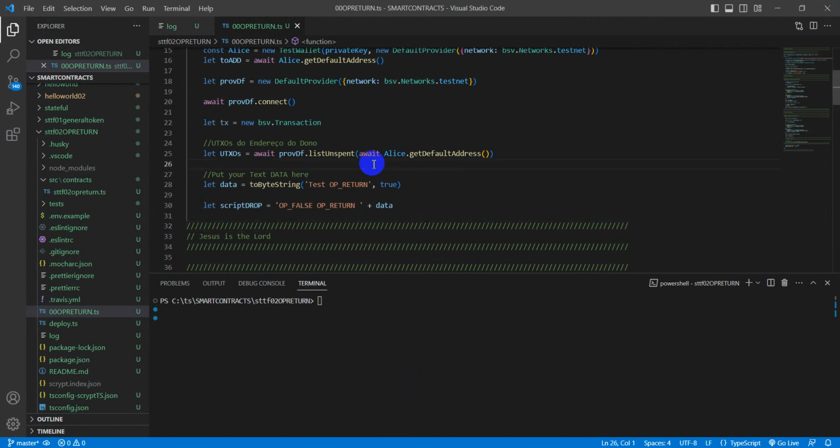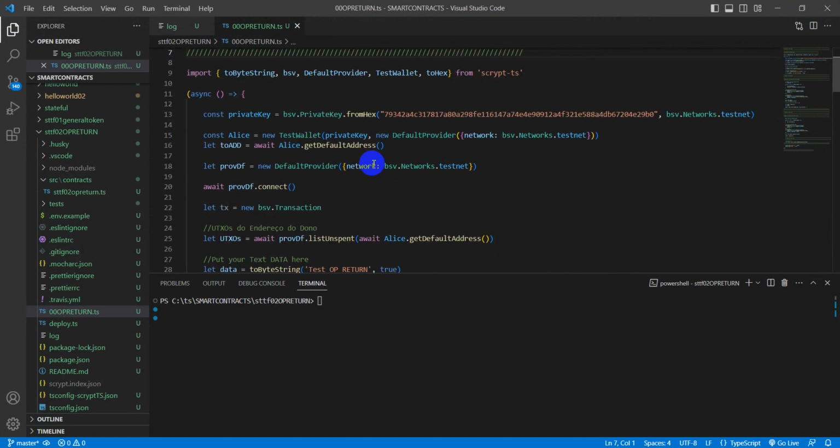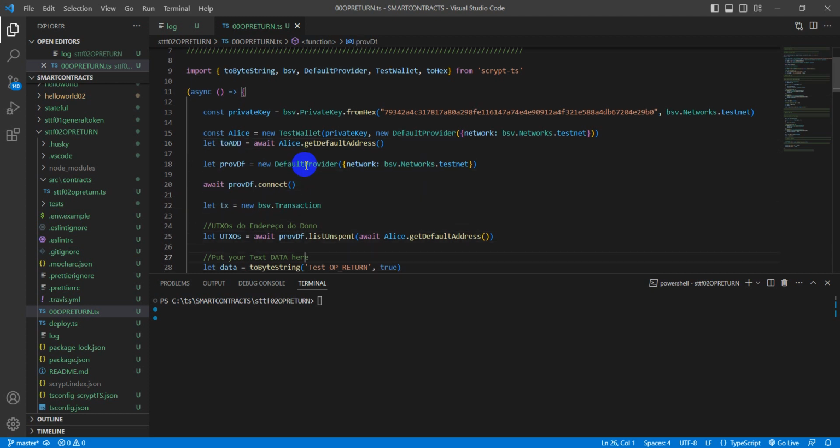To use this file, to use this project, you will have to use your private key. This private key is just a private key that I used for making videos. You can use it also because now you know it, but it's better to use your own private key. So you will have the details of the address related to this private key, and you make a provider here,